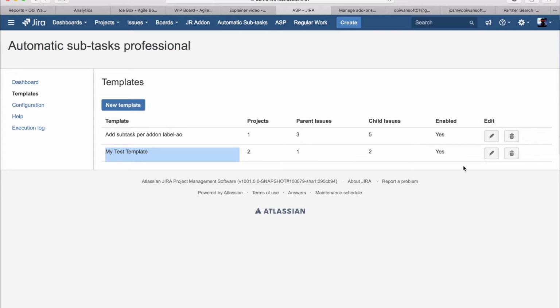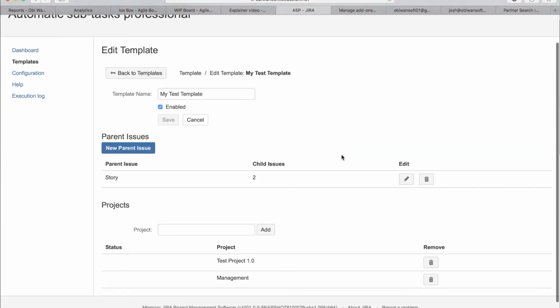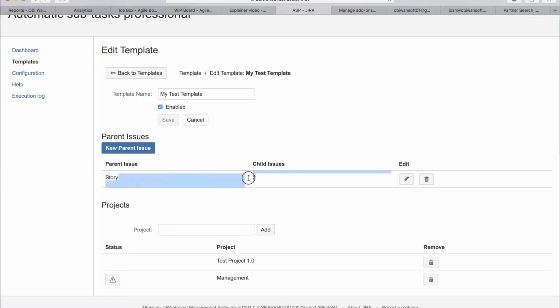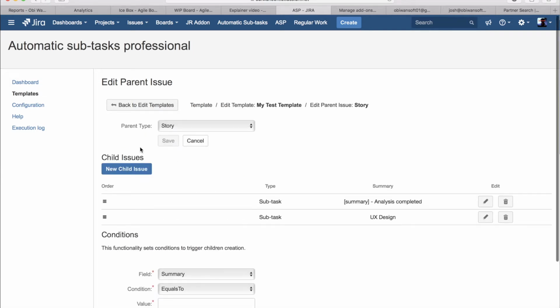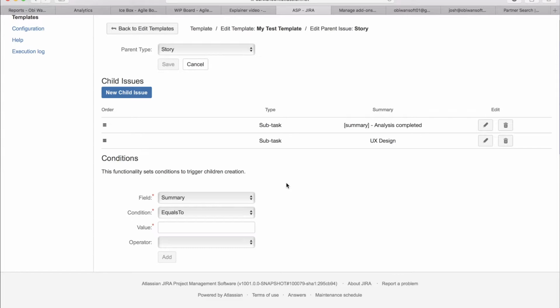You can refine that a little further by using conditions. The conditions are applied at the parent type level. So if you want only certain stories to generate the two child tasks, you have to go and edit that parent type. Scroll down to the section of conditions,